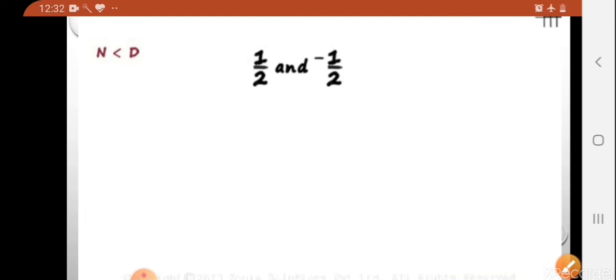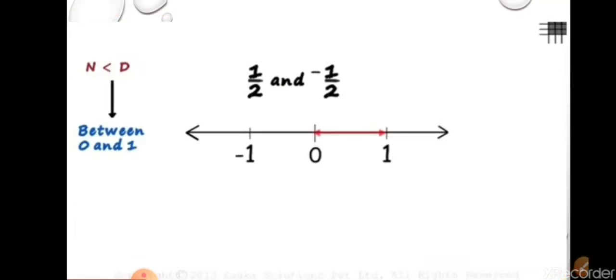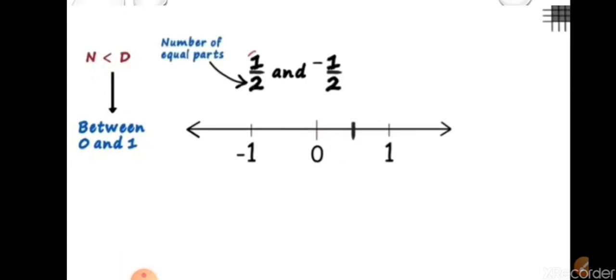So we will start making the number line. Because it will lie between 0 and 1, I have drawn a number line. In that I have written 0 and 1 on the right hand side, and on the left hand side I have written -1. Because it is a proper fraction, it will lie between 0 and 1, so I have made the number line till 1. Next step, first you will draw the number line. You will check whether it is proper or improper. If it is a proper fraction, you will only draw till 1. Next one.